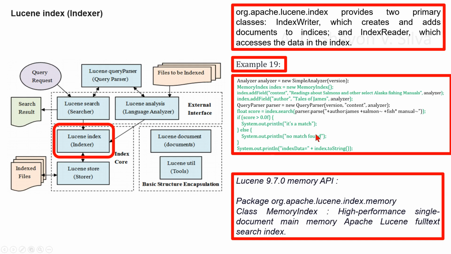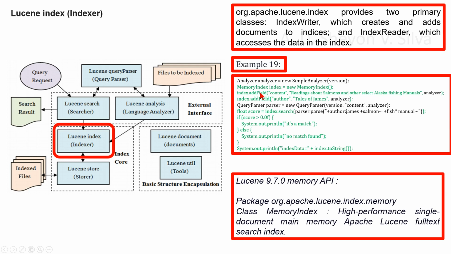Here you can see an example usage. This class is a replacement. Here the MemoryIndex is a replacement for a RAM resident directory implementation. It is designed to enable maximum efficiency for on-the-fly matchmaking, combining structured and fuzzy full-text search in real-time streaming applications such as Nux XQuery-based XML